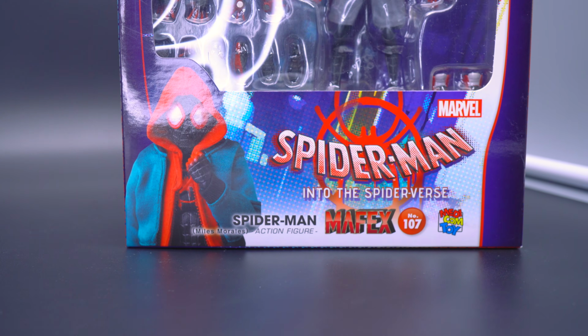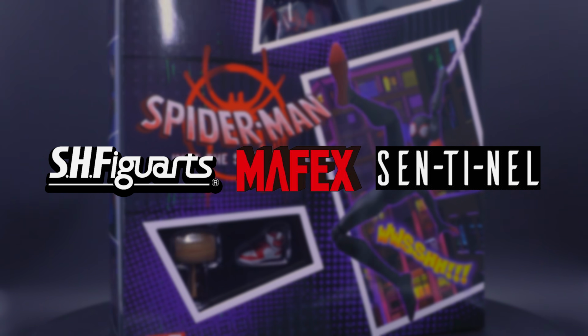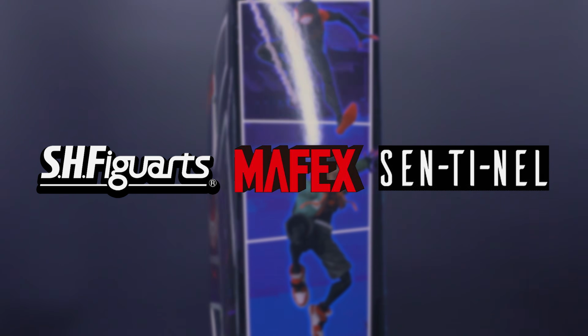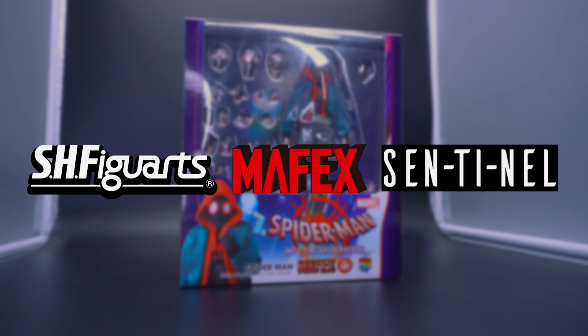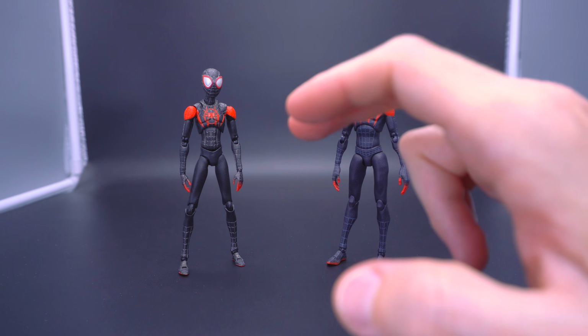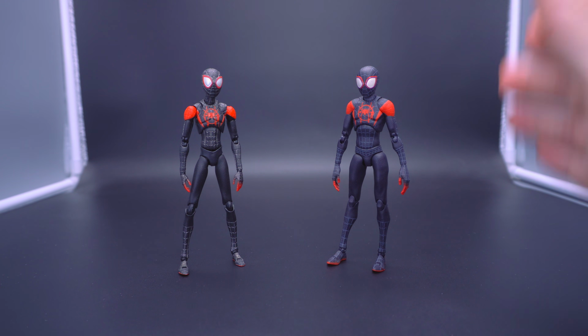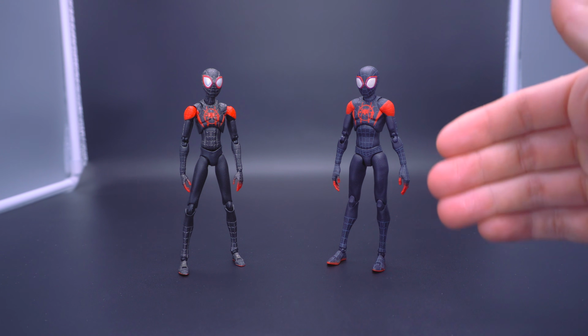No, we're talking about the guys that are kind of in the middle, where we have, I think, the trifecta, in my opinion: Medicom Mafex, SH Figure Arts, and also SV Action Sentinel, or it's just Sentinel for short, as I like to call them. And since I do manage to have the Mafex Into the Spider-Verse Miles Morales, I figured, you know what, let's break it down to exactly what it is that stands out as very key differences to make the argument for